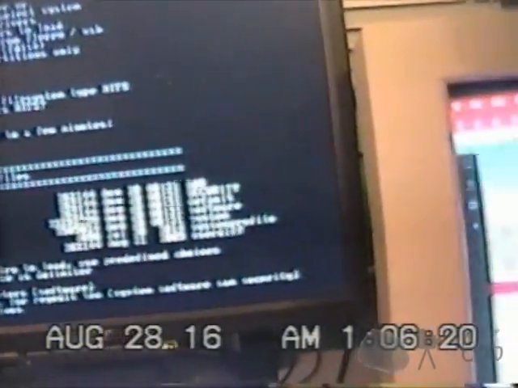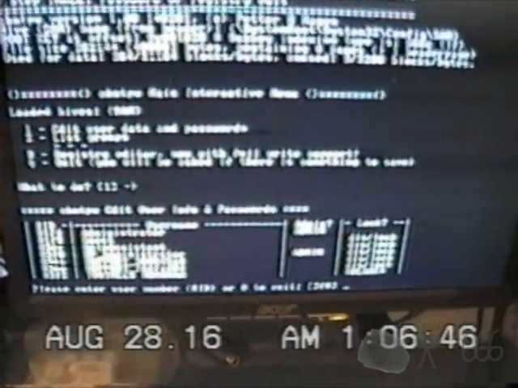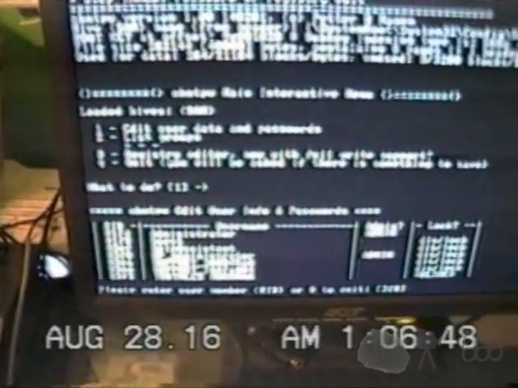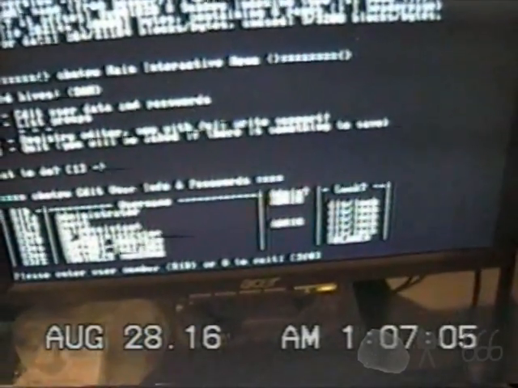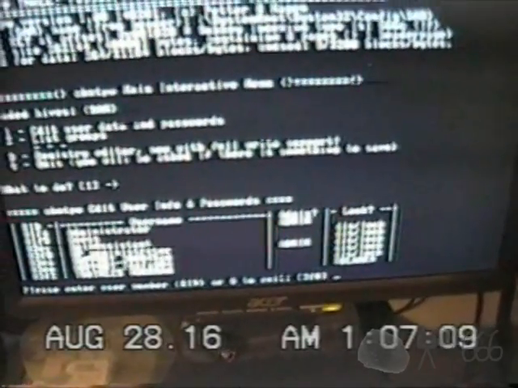Okay, possible Windows installations found. Just got the one, because there is only one Windows installation on here. So let's see. I want password reset. So we will edit user groups and passwords. We have got some here. I'm not sure which one the administrator is, so we're going to type